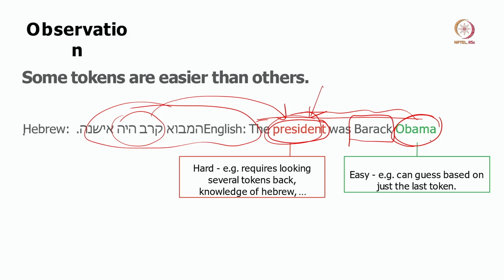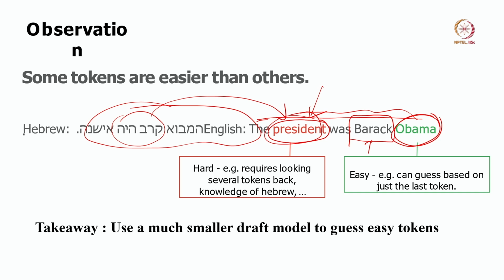To guess the word "Obama," you do not need to know the context. You just see "Barack," and from "Barack" you can say that the next token will be "Obama." So, that means some tokens are much easier to guess than others,